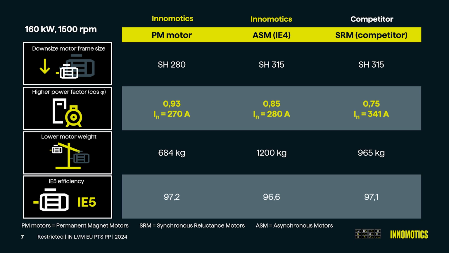So let's start with the asynchronous motor. It's 0.85, which is quite good on the IE4 asynchronous motor design. But if you choose the permanent magnet motor, you can see the very high power factor, 0.93, allows us to reduce the nominal current. That means we can use the same drive, we can use the same shielded cables between motor and drive, also the incoming cables, and we do not need to change any circuit breakers or protective devices